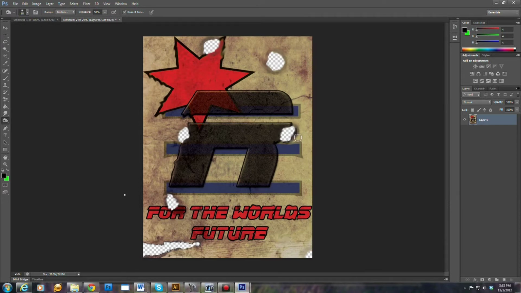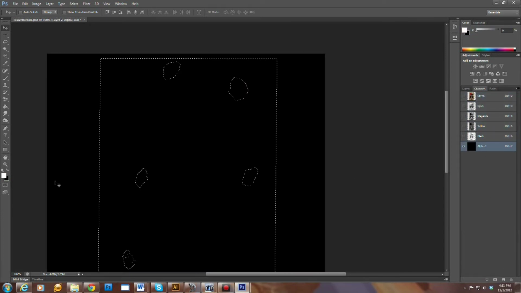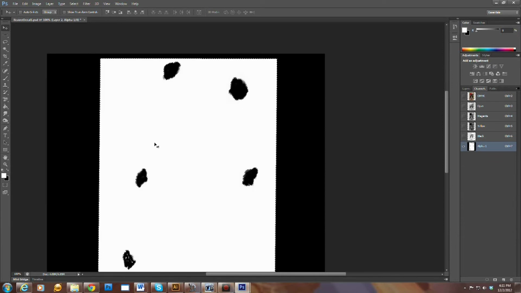And now the next thing we're going to want to create is an alpha map for this. The reason we want to create an alpha map is because, like I said, we're going to be having holes in the poster itself. And CryEngine, like many other game engines out there, only sees transparency through the alpha map. Even though in Photoshop you're saying, well, there's no background in the image right now, that's just how most game engines are set up. You need an alpha map set up in your